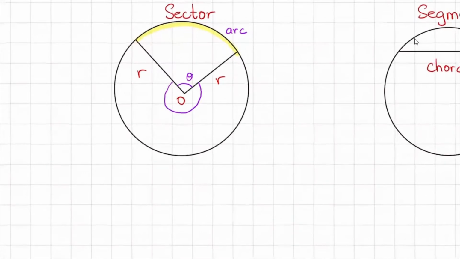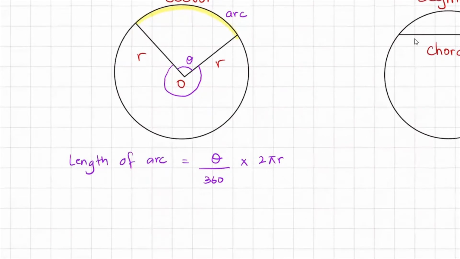Now let's look at the formulas. The first formula is of the length of an arc. So it is given as theta over 360 times 2 pi r, which is the formula of complete circumference. The next formula is of area of a sector. Area of a sector is given as theta over 360 times pi r square, which is the formula of area